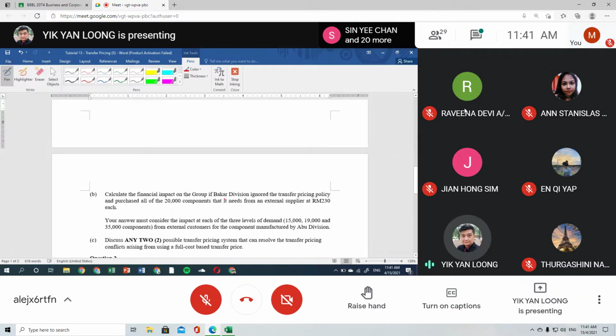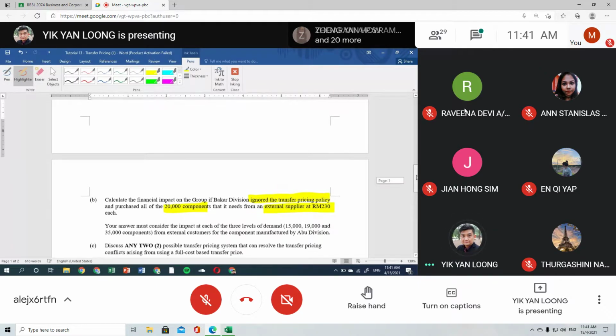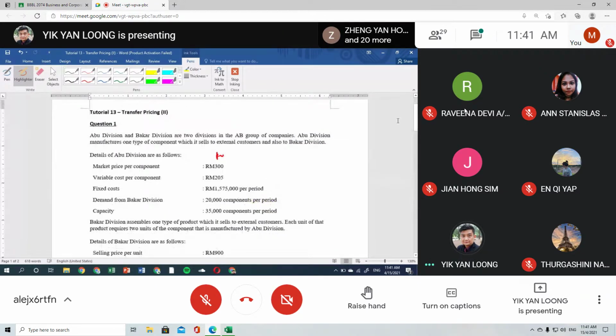If the Bakar division ignore the transfer pricing policy and purchase all the 20,000 components that it needs from the external supplier at 230 each. So the part B is you are going to ignore the current policy, right, and buy from an external supply at 230, right? Now the things I need to highlight here,